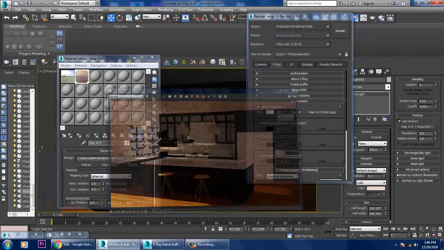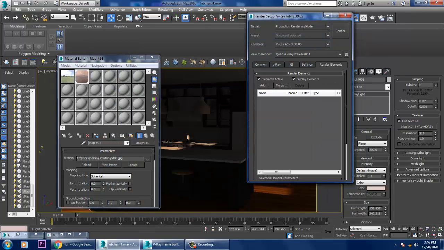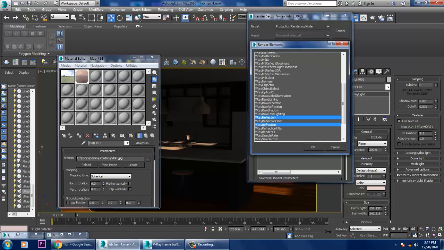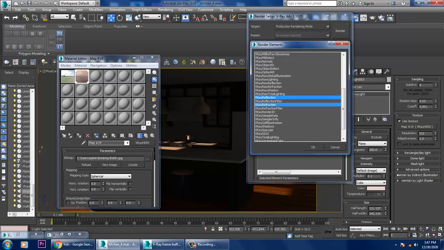I'll show you the render part and how you can add the light passes. You can go into the render elements, go into add, and add some render passes. First of all, we'll be adding a V-Ray light, V-Ray global illumination, V-Ray diffuse filter. We can go down: V-Ray reflection, V-Ray refraction, shadow, specular,